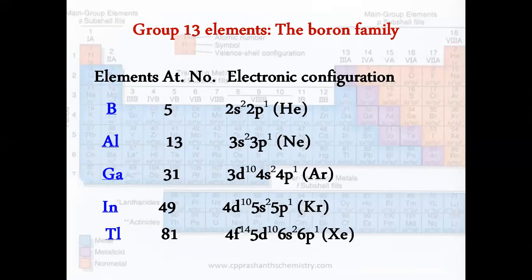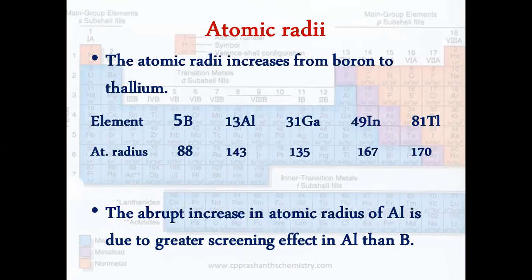For example, group 13 includes the elements boron, aluminum, gallium, indium, and thallium, having these corresponding electronic configurations. If you look carefully, I am going to show one more slide. Here 3 electrons are there. These are the valence electrons belonging to the third A group of the periodic table. So group valence is activated here.